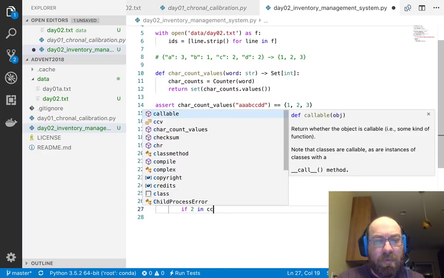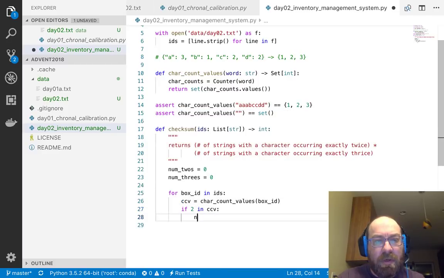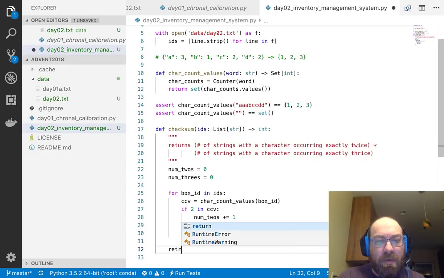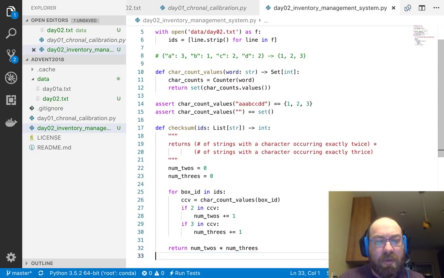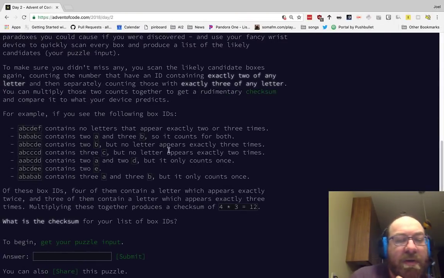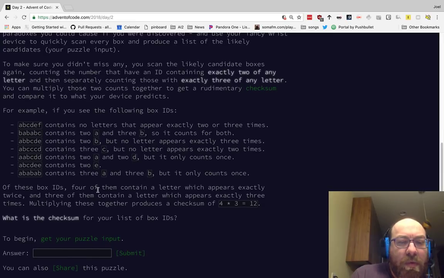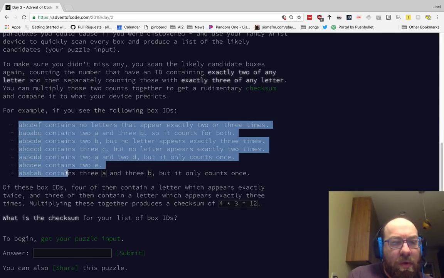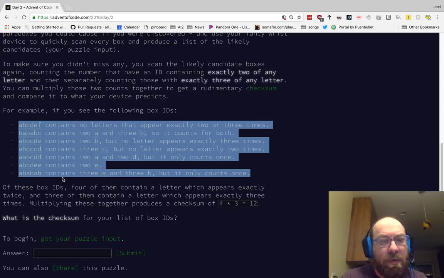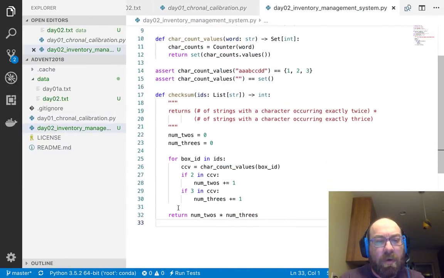If 2 in CCV, num2s plus equals 1. If 3 in CCV, num3s plus equals 1. And then return num2s times num3s. So I think if I understood the problem correctly, that's how it works. So let's just write a unit test for